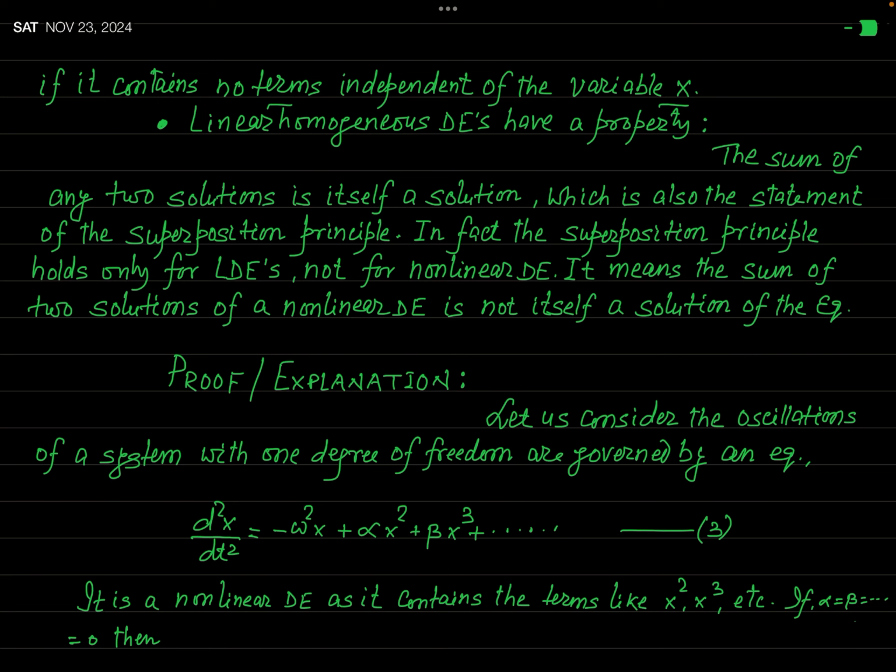So you can say that linear homogeneous differential equations have a very interesting and important property. And what is that property? That property is that the sum of any two solutions is itself a solution,